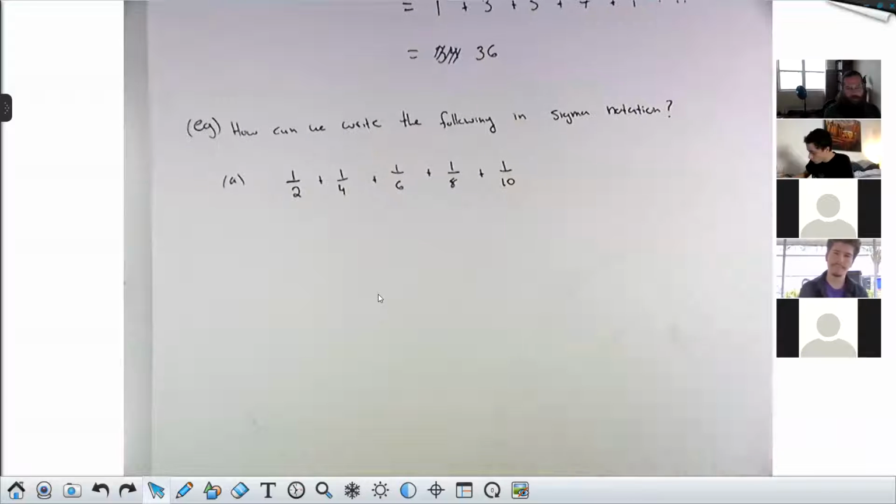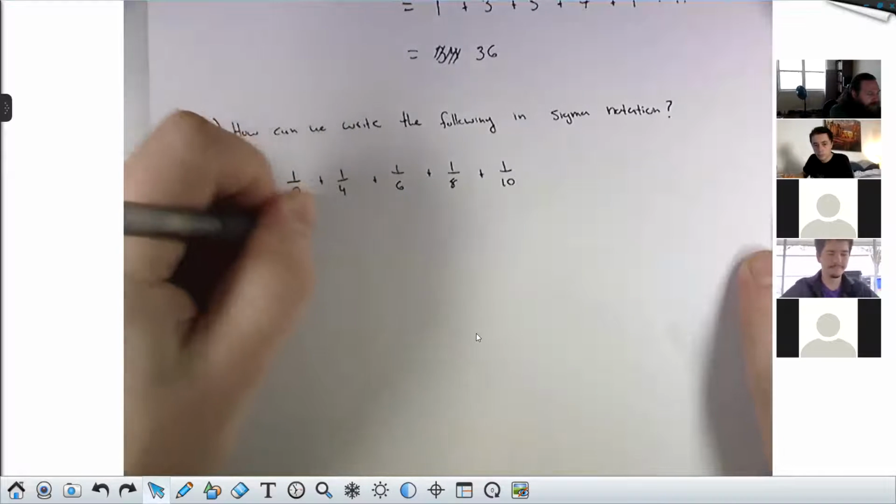And this is kind of similar to the thing that Alexander was talking about the other day, where you can find different ways of writing things. Maybe there's more than one way to write this or more than one way to generalize, but you see what's going on here, right? These are the reciprocals of the even numbers that I've added up. So it'd be the sum from n equals 1 to n equals 5 of 1 over 2n. Good.